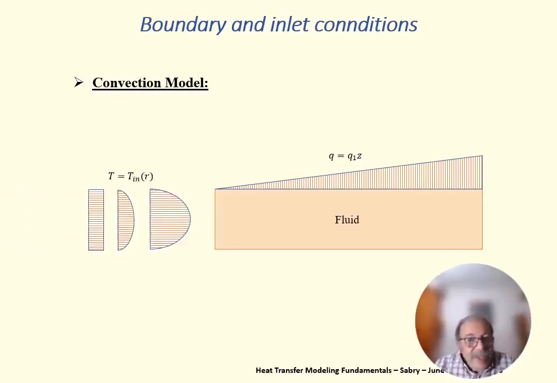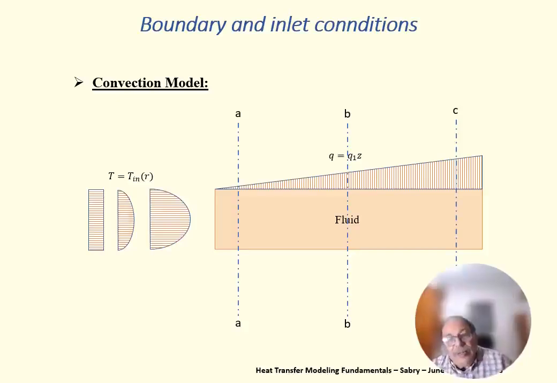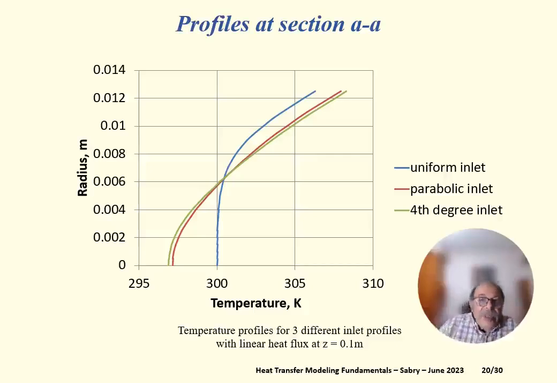profiles at the inlet, and I'm going to examine the temperature profile inside the fluid at section AA near the inlet, at section BB a little bit far, and at section CC a little bit further also. Let us see what happens to the temperature profiles over each section. First, over section AA, I found the temperature profiles are different. The blue one is for the uniform inlet, the parabolic is the brownish red one, and the green one is the 4th degree inlet. So we can see that the temperature profiles inside the fluid, very near to the inlet,